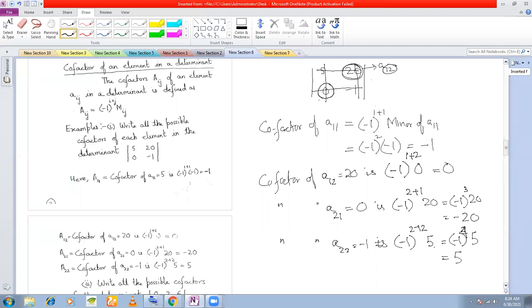Now the cofactor is nothing but the minor with a sign. And what does the sign depend on? It depends on the position of the element. So in a very general sense, you will see later that the signs are of this order. If you can remember this, it is very useful. Plus, minus, minus, plus, right? If you remember this order of signs, it will help you calculate the cofactor very easily.